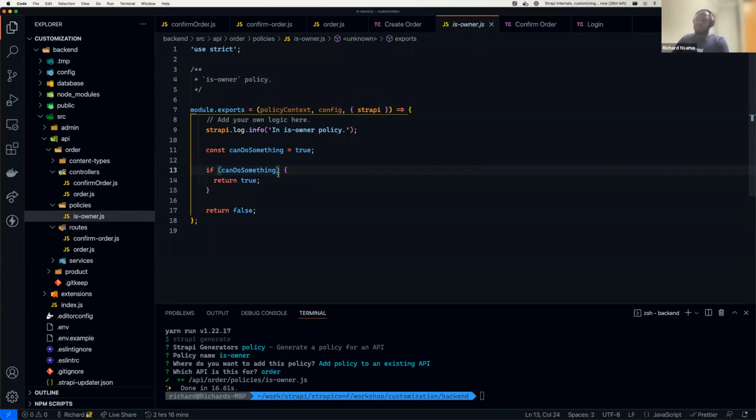So now you can see that there's a bit of boilerplate here. So our isOwner policy is basically, the difference between adding a policy to the root and to a specific API is, just as the name suggests, this policy is either going to be applied to just one specific endpoint or all endpoints in a particular scope, right? So it depends on the scope that you define, application-wide or not application-wide. In this case, if you want to use a policy in multiple places, right? Not just this API. You can make it a global one and apply it in multiple places. In this case, we just want it to be available inside the order,